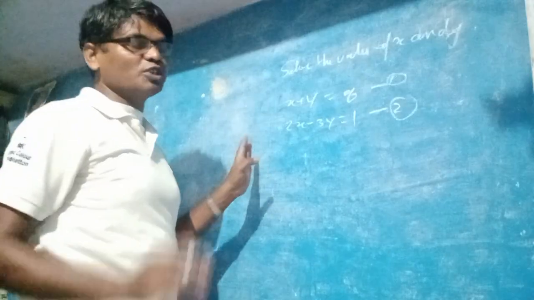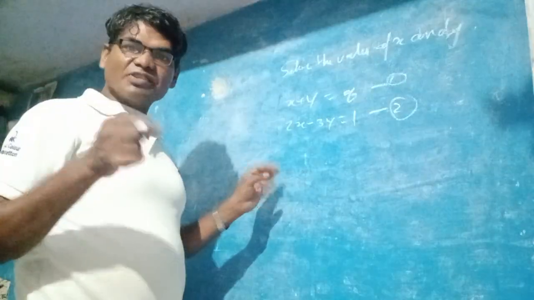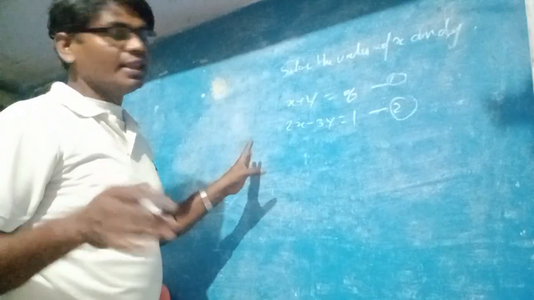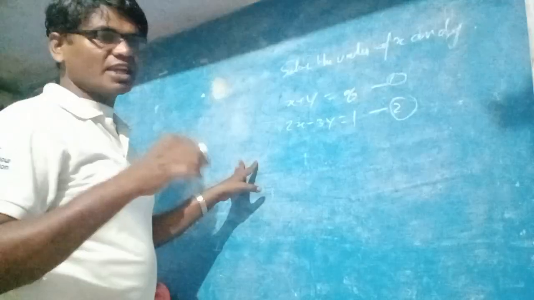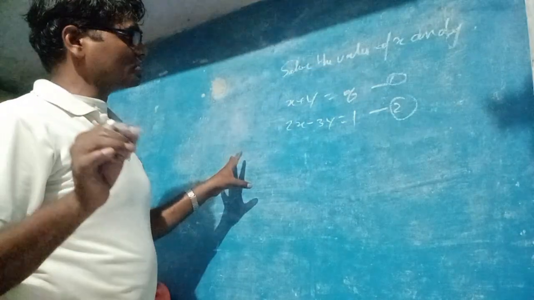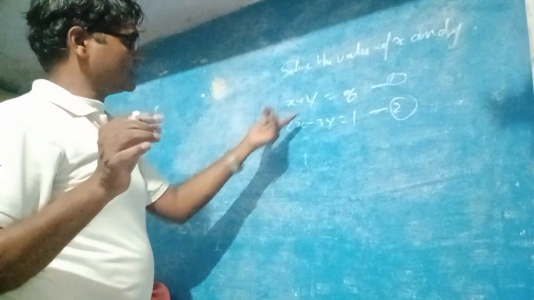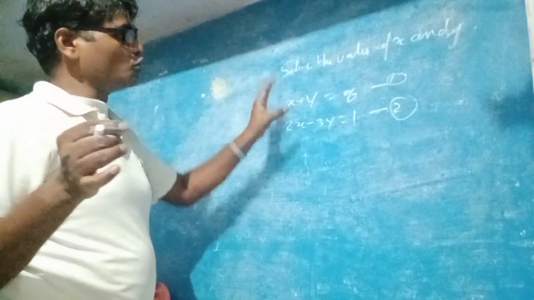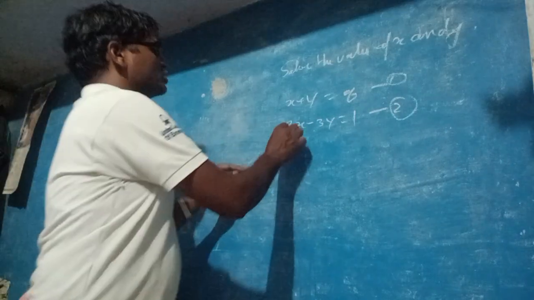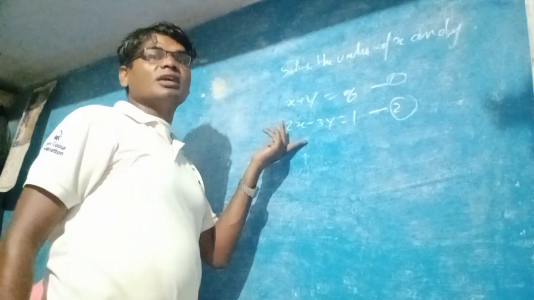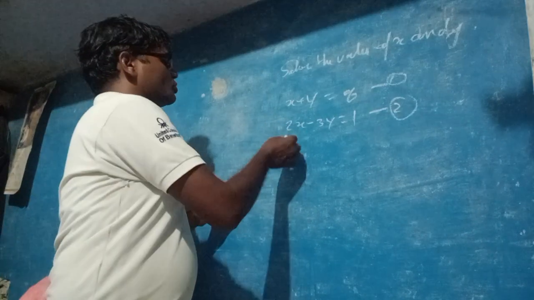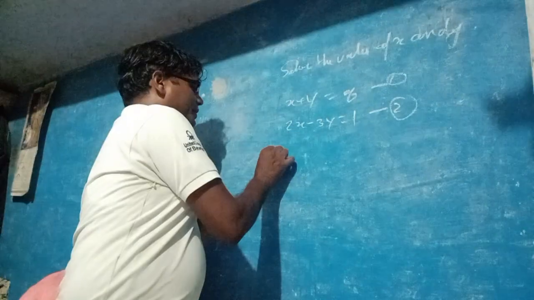We know that if we multiply with any number in an equation, from left to right, all variables with the same number, it will always remain the same, because it is common and no effect is made on the given equation. So in the second equation we have 2x, so we will multiply